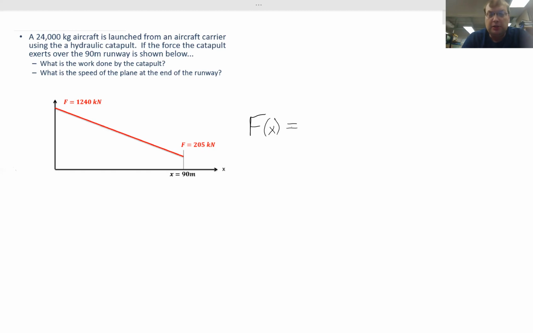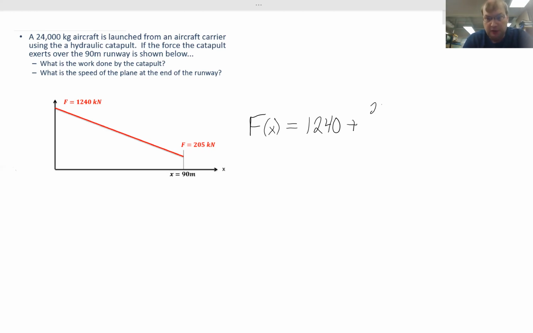We have a starting value of 1240 when x is equal to 0, and it is decreasing at a linear rate, so we can take our final position minus our initial position